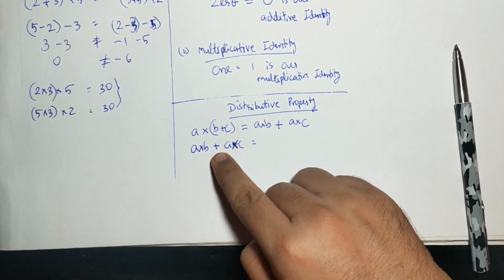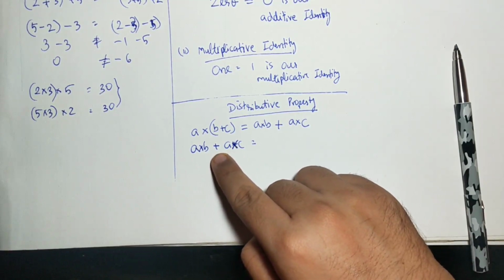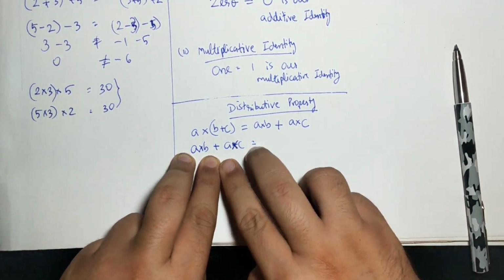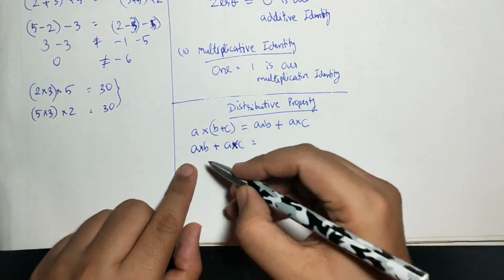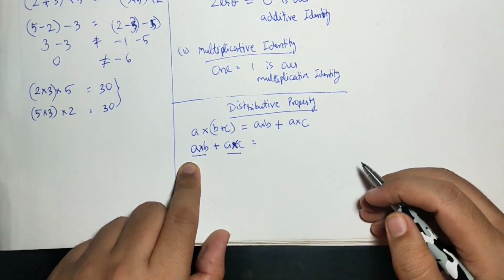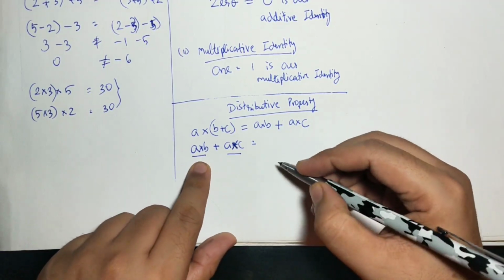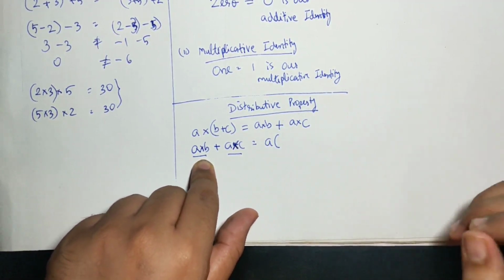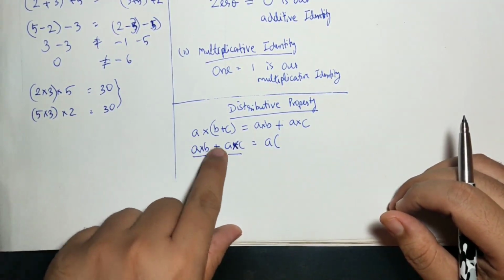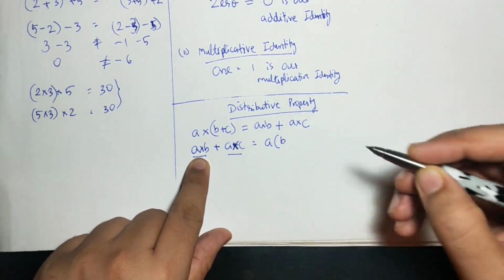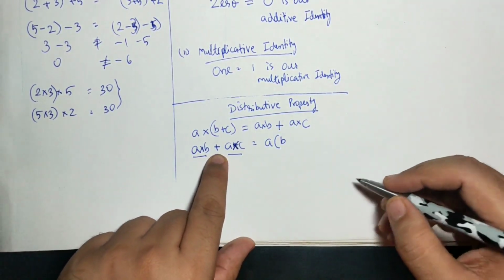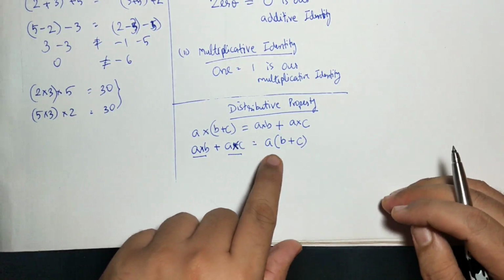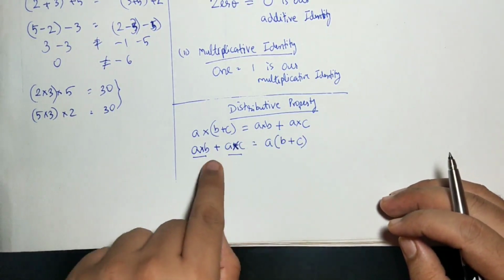How to differentiate between terms? Because of this plus sign. This plus sign has the capability to divide the terms into 2 parts. So this becomes your first part, A into B, and this becomes the second part, A into C. Can you see any letter common between those two? Yes, A is common. So A will be kept outside the bracket. The thing which is common is kept outside the bracket. What is left in the first term other than A? B is left. Then write the sign which was in between them, that is plus. What is left in the second term? That is C.